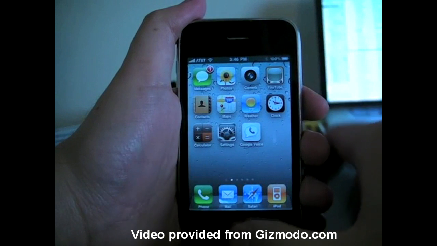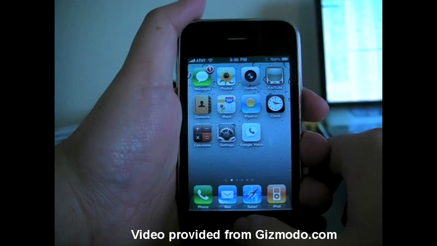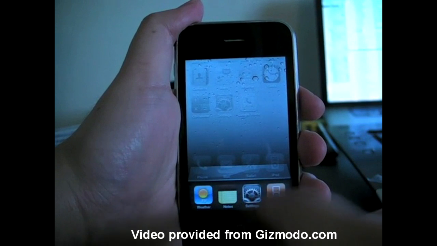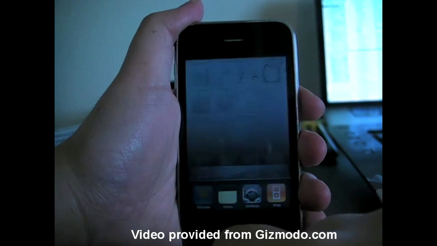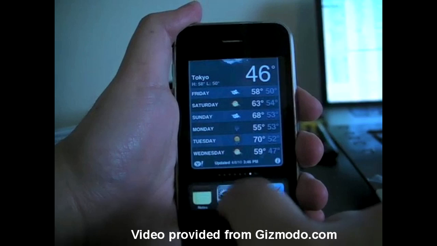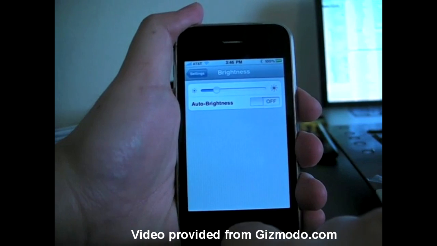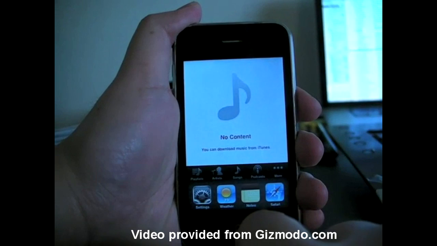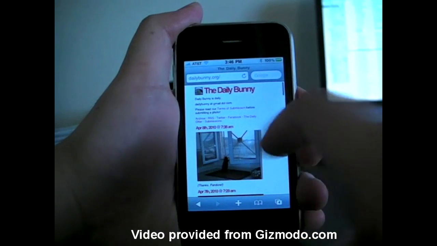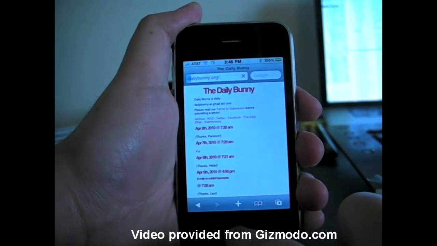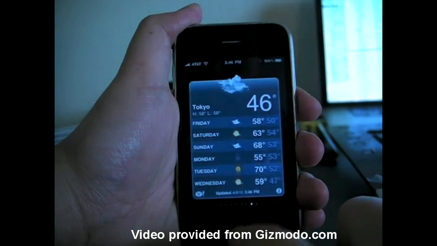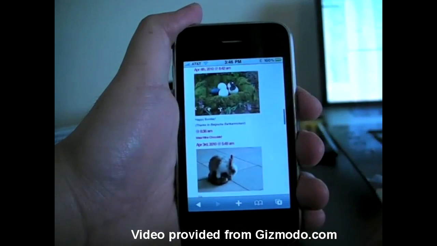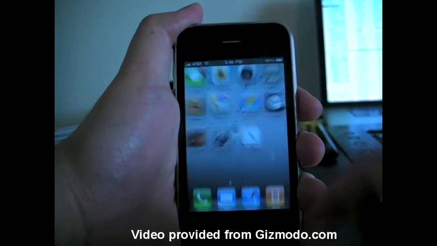Alright, here's 4.0. Multitasking first. Double hit home. Cycle through the apps. If you fire up, say, weather, go back to settings, hit up the iPad, if you go to Safari, it'll load whatever it was going to load. If you go away and come back, it'll keep loading. And then there's folders,